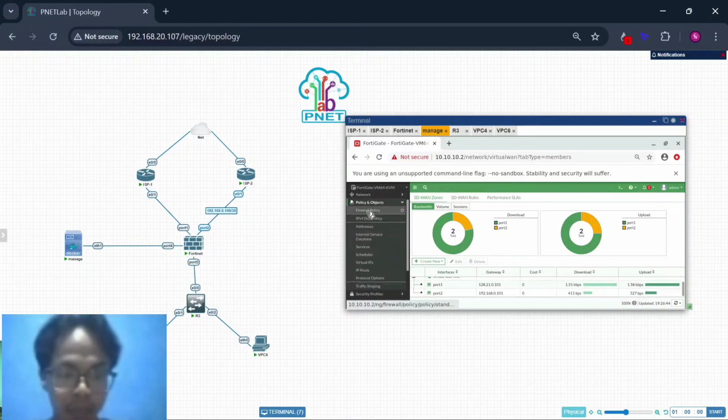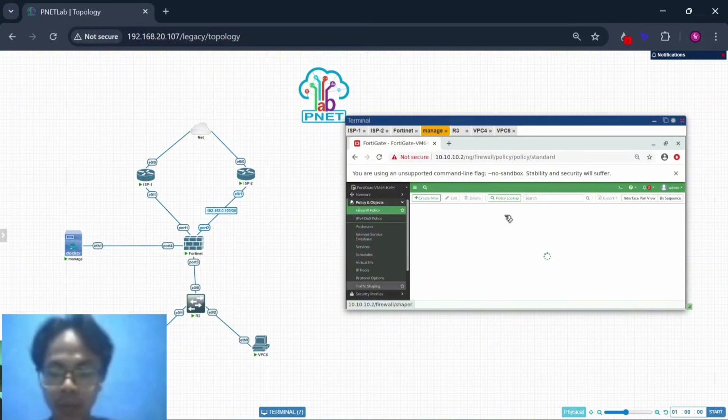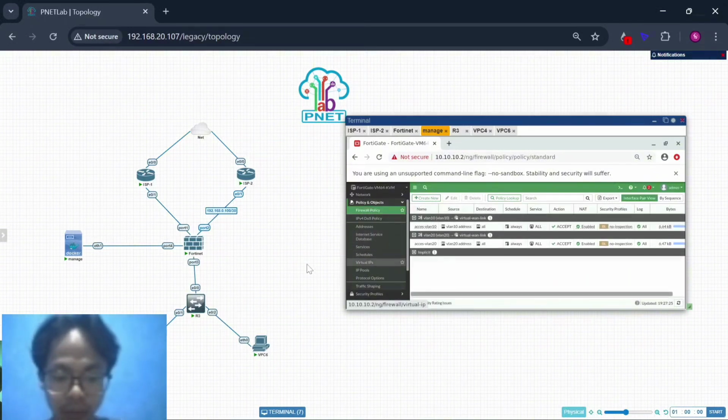This is the firewall policy, and yeah, I think